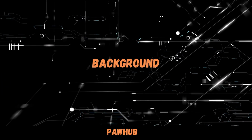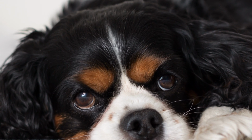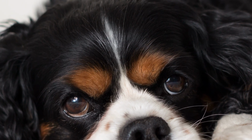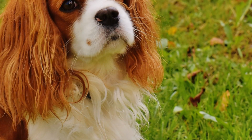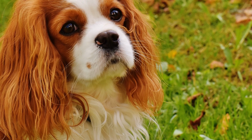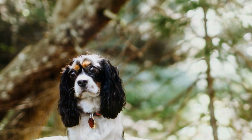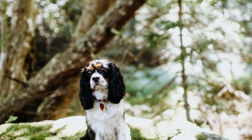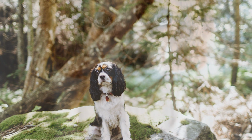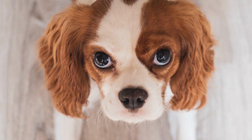Background. Cavalier King Charles Spaniels are a fairly recent breed, yet stem from the original King Charles Spaniels. During the 1600s, King Charles Spaniels were bred with pugs to develop the breed we know today, giving much shorter, flatter noses. However, in the 1920s, a man named Roswell Eldridge wished to go back to the traditional, pre-1600s type, with longer and more defined snouts. The new type was called the Cavalier King Charles Spaniel and was recognized by the American Kennel Club during the